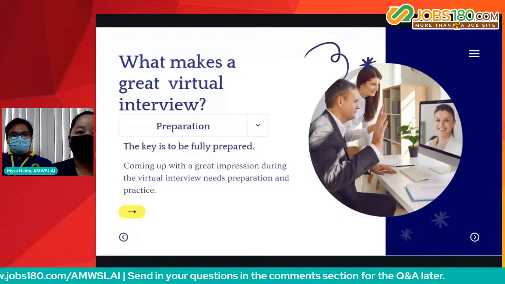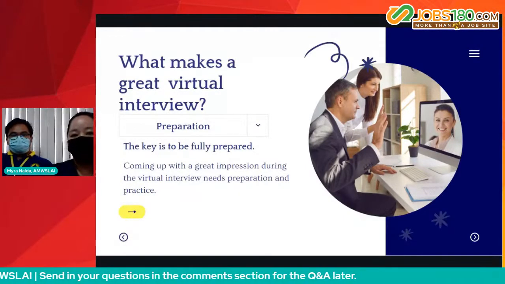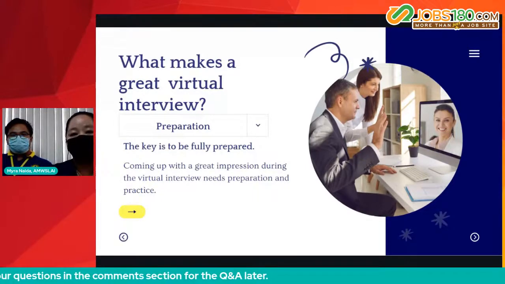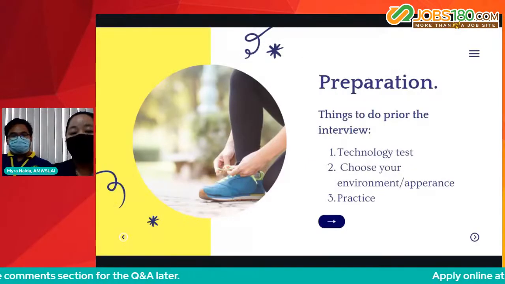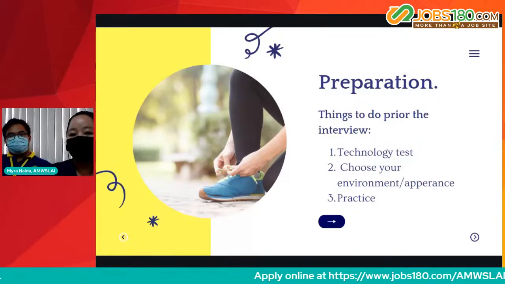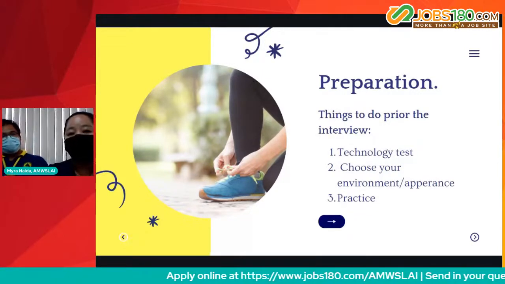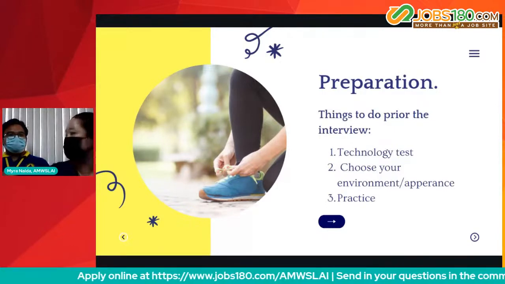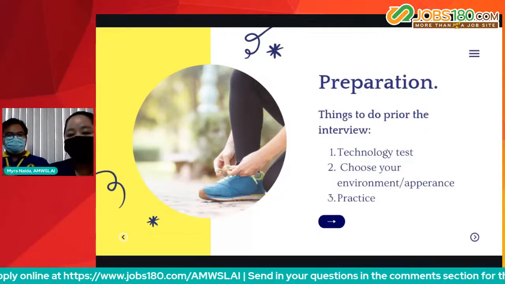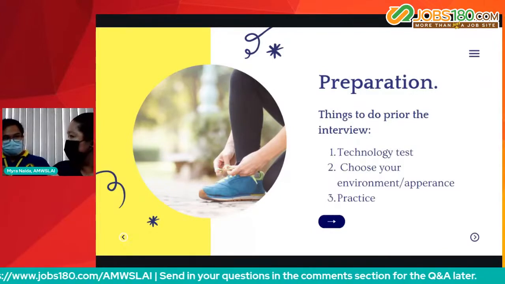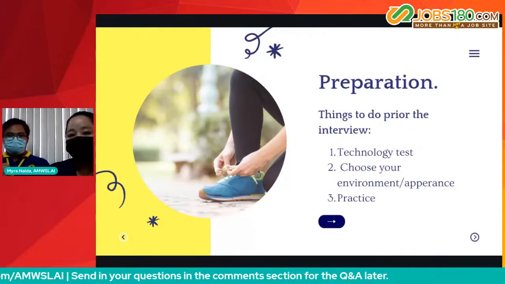So, we are here primarily because we want to share with you some tips and tricks on how to prepare for a virtual interview. So what are the things to do prior to the interview? Number one is the technology test. Di ba, Dan? As mentioned kanina, yung usual na ginagamit natin sa interview is Zoom, ano pa yung iba, yung Google